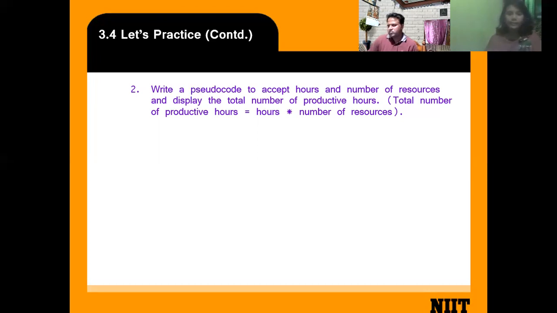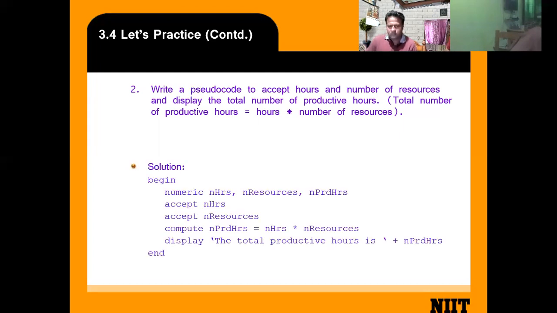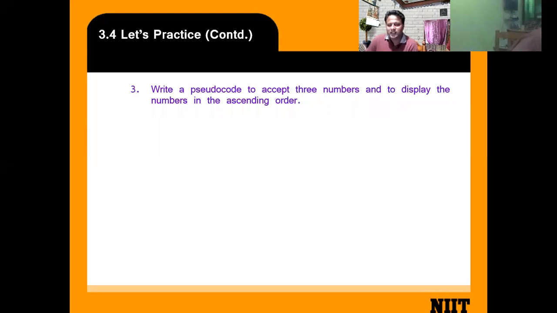Sir, done. Just a minute. Write a pseudocode to accept 3 numbers and display the numbers in ascending order.